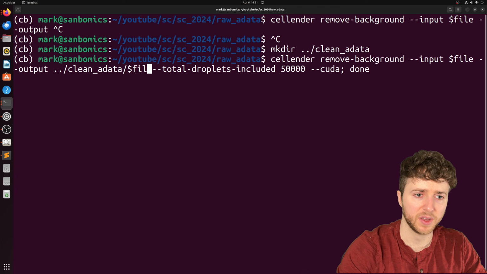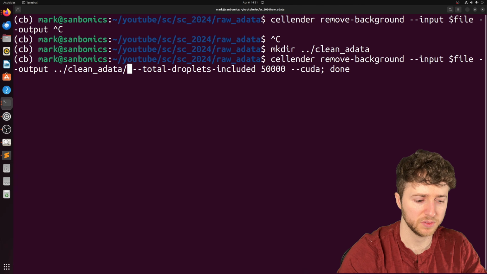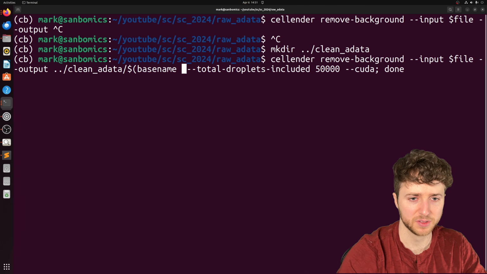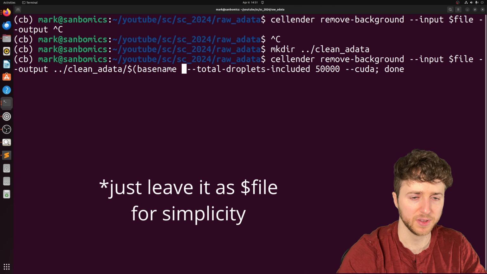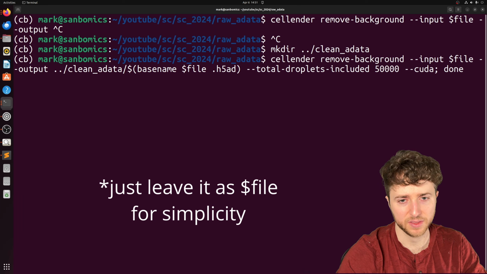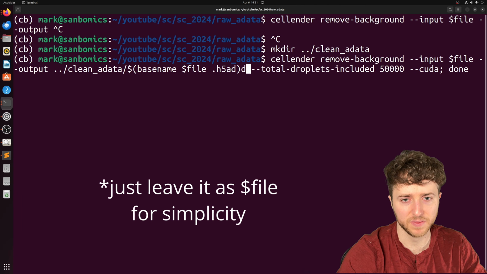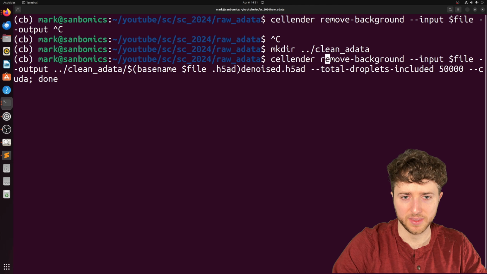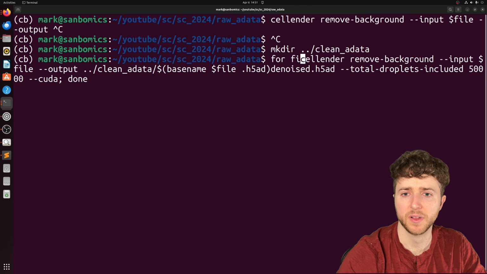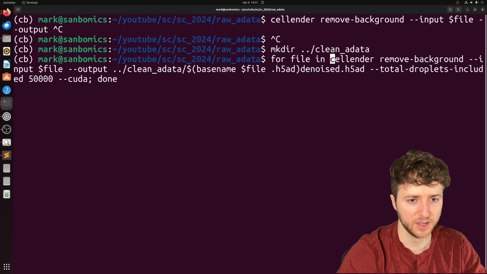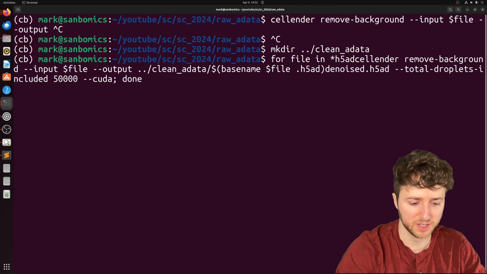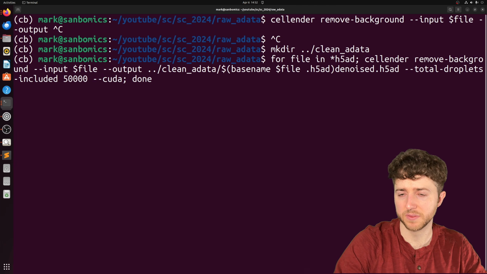Instead of having this file placeholder, we're going to make it a little trickier with base name, just to remove the .h5ad, and then the file name instead of h5ad is going to end in denoised. And then we go here, so for file in our current directory, we could just do that, but just in case there's another file, I'll put h5ad.